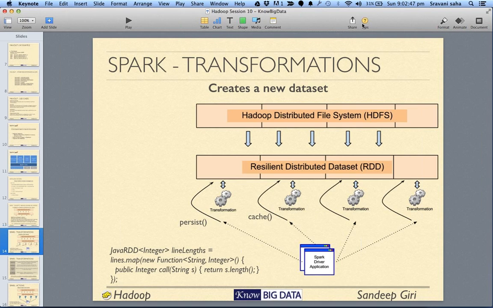A transformation is something which happens on each node. A transformation is like a translation, converting each element of an array into something else, or converting these elements on each node into something else without bringing them to the launcher box.